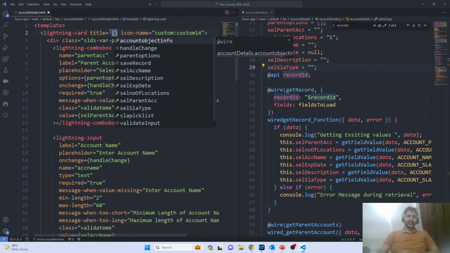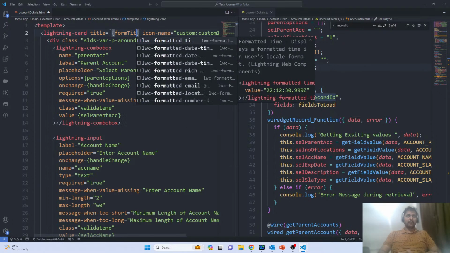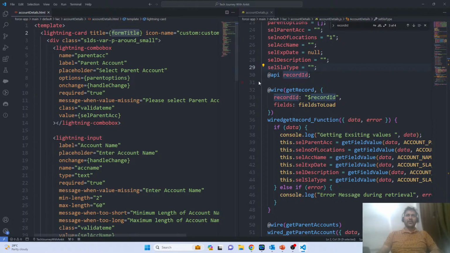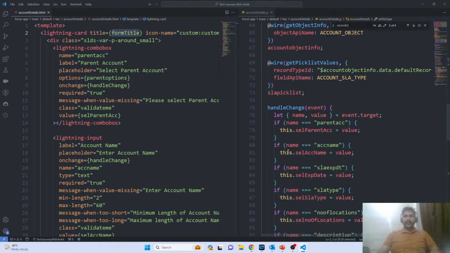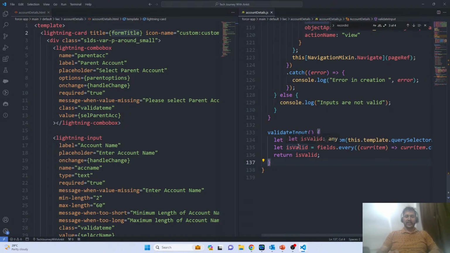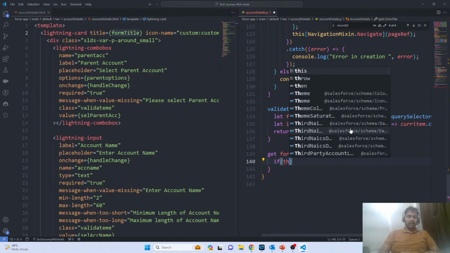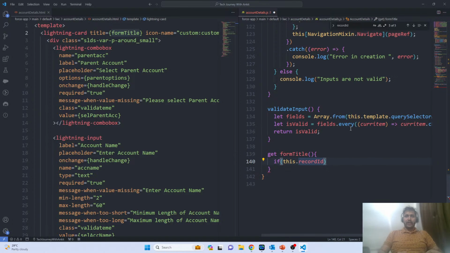So let me put here the form title, and for that I will define one getter method, because based on the record ID we will decide what we have to populate here. So let me put here the get form title. What we will do here is check if this.recordId, then we should return the form title as